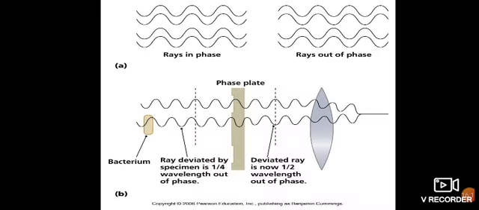So these are the images where we observe the light shown as a wave. In the first image, the rays are in phase. In the first diagram, all the rays are in the same format, but when they come to the phase plate, the rays change their medium, and after changing the medium, their waves also change, and after that we can observe it as phase contrast microscopy.